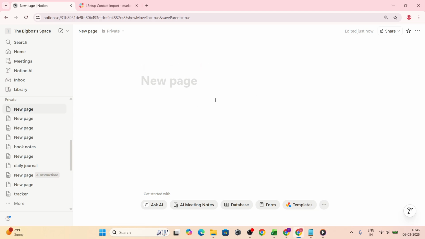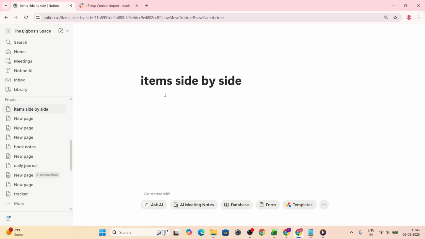In today's video, I'm going to teach you how to add items side by side in Notion. If you've ever wanted your notes, tasks, or images to appear next to each other instead of stacked in a single column, this is exactly what you need. Columns in Notion make pages cleaner and easier to scan, and setting them up is quick when you use the